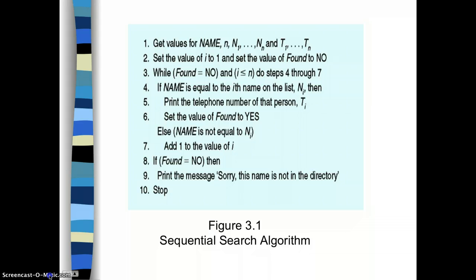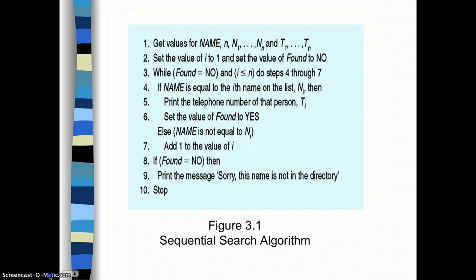So what it would do each time, we're starting back at step 3, let's see, it would go through step 4 and do that check. It would not go to 5 or 6, and then it would go to the else statement and say add 1 to the value of i, then go back to step 3, and then it would do the check, and it would say, well, i is less than or equal to n, so keep on going, and we haven't found it yet. And then it would go to step 4, do the check, and since that wouldn't be satisfied, it would go to the else statement, and then add 1 to the value of i, and then keep on repeating